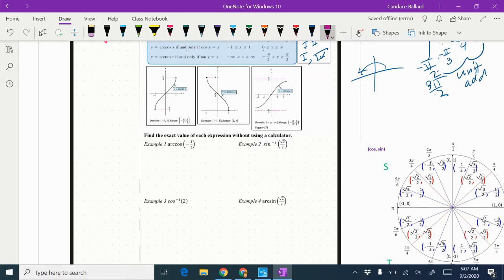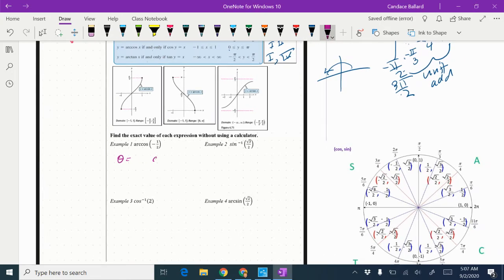So I'm going to change this, and I'm going to say that theta equals arc cosine of -1/2. Okay, so we learned in the first part of the notes here that arc sine and arc cosine would be inverses of each other. So what I'm going to do to solve for this is